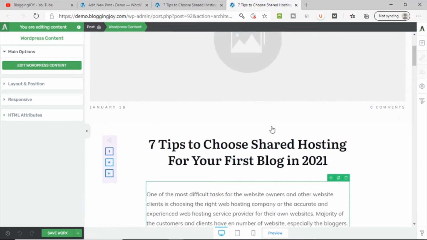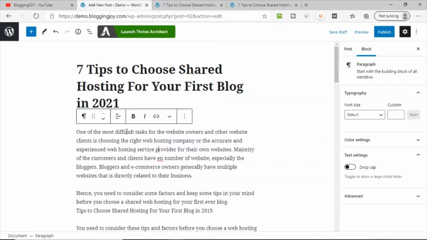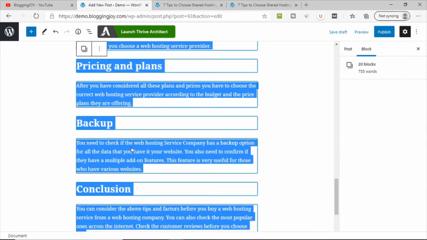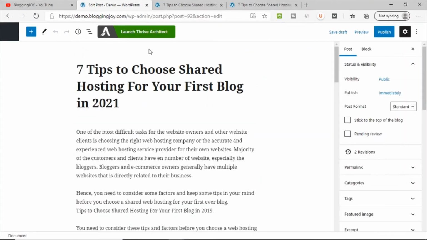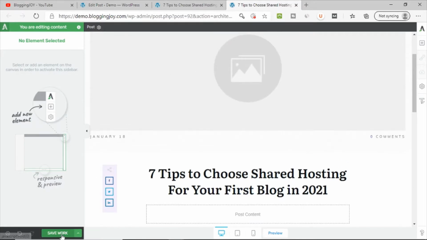Now this is a kind of drag and drop WordPress editor. So let's say I have deleted it here. Let me simply copy it once just for reference. Now if you refresh this page, you will see that this entire editor will be changed. It will say that it's not saved yet because I have not saved my work. Let me save it.